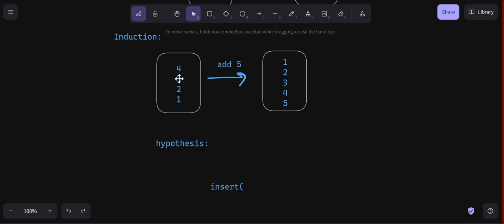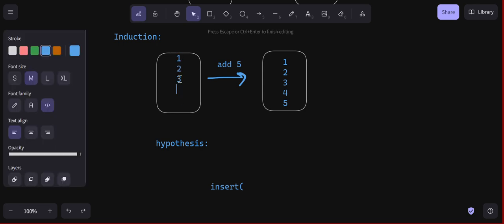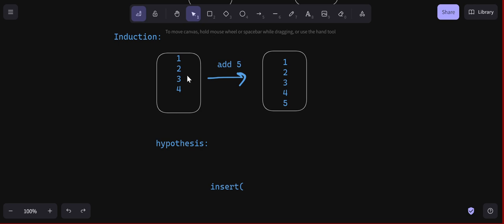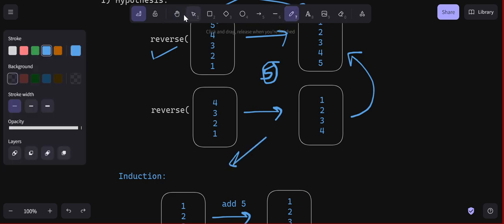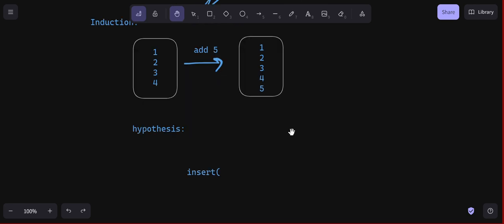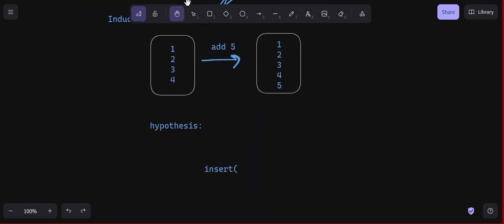Oh wait, this is actually 1 2 3 4 5, because this has been reversed after induction is called. After this step is done, then this induction is taking place, right? So 1 2 3 4, we need to add this, right? So insert, we will be